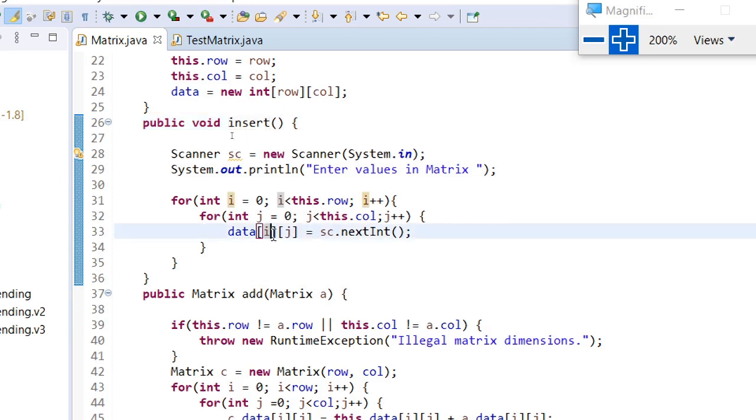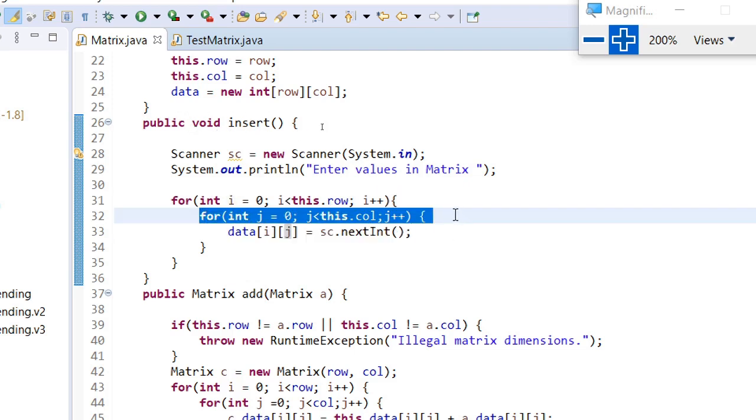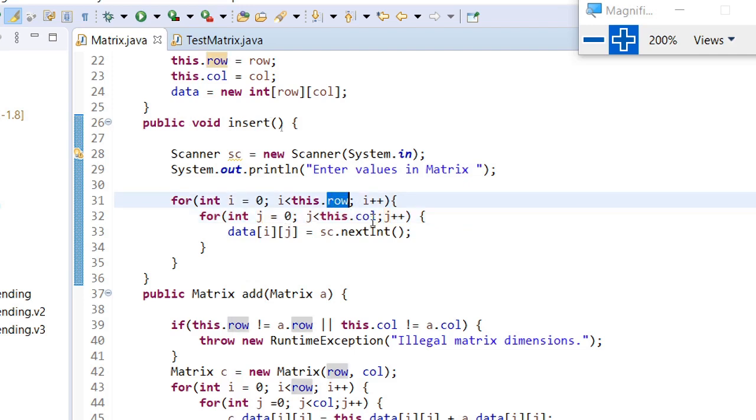As you are aware, the matrix is index based, so it's a two-dimensional matrix. The indexes are i and j, the rows and the columns. We have to use two loops, first for loop, then second for loop. We have to pass number of rows and number of columns, and then we could access any element by using data[i][j].